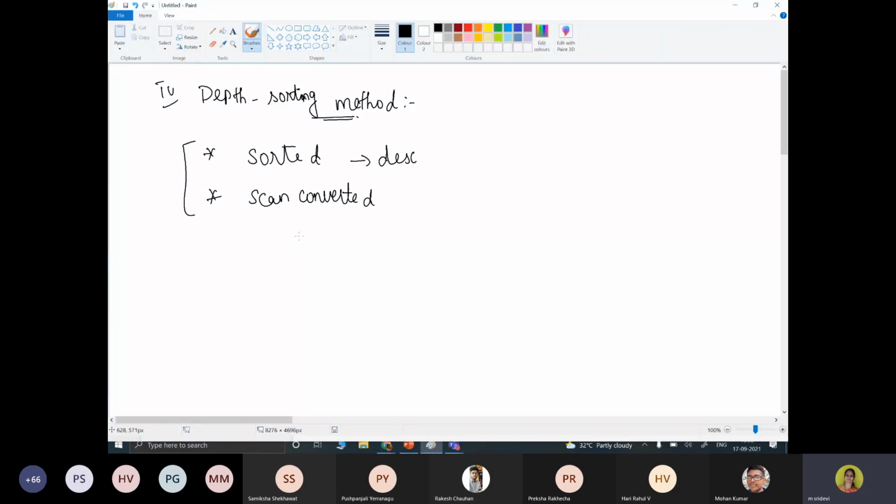The best example of a depth sorting algorithm is the painter's algorithm. Suppose you want to paint something, how will the painter perform the painting?